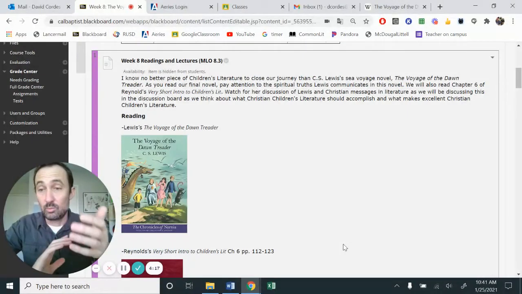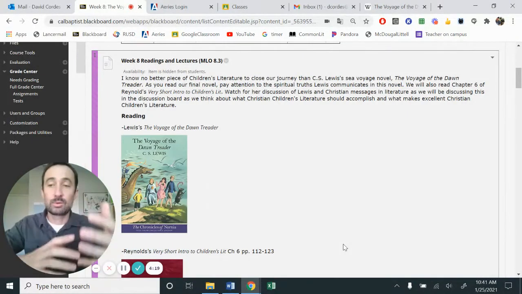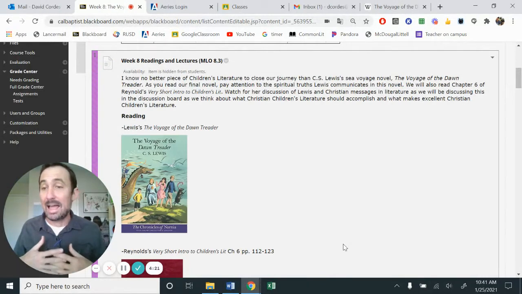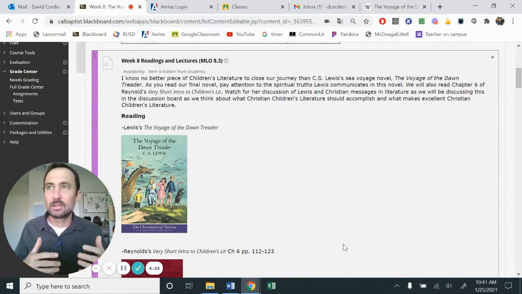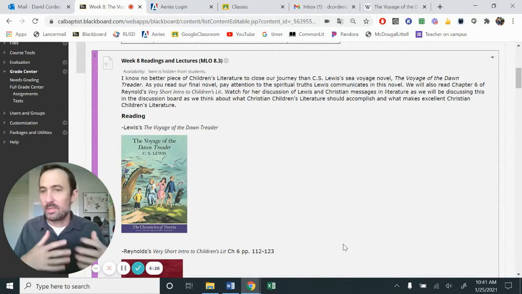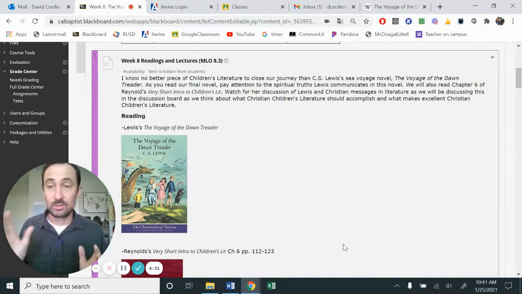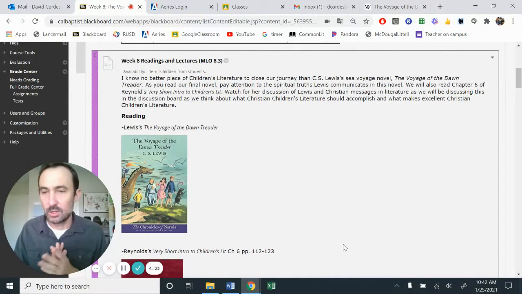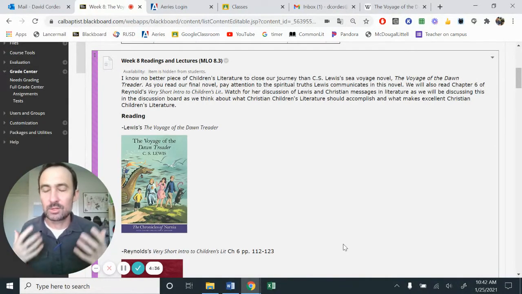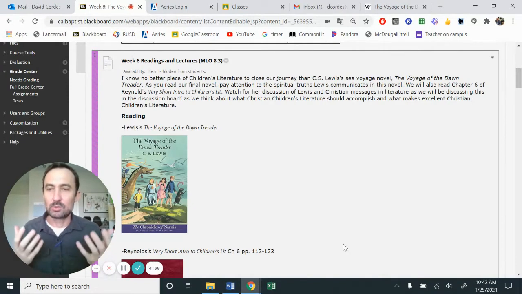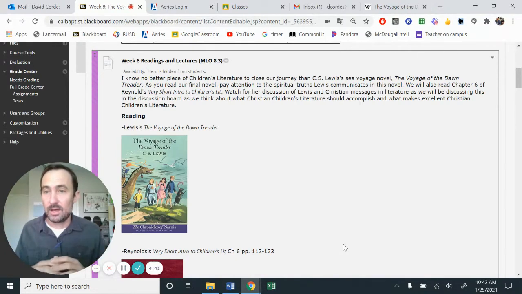Okay, that's one of the biggest components for us. How is the reader picking up on these ideas? Now, child readers may not be able to pick up on the components of, this matches what's said in the Gospels and the New Testament. Child readers are not going to be able to do that. They're going to be able to pick up on the ideas, the message, the lesson that is being learned, okay? And so those are the concepts that are going to impact readers.